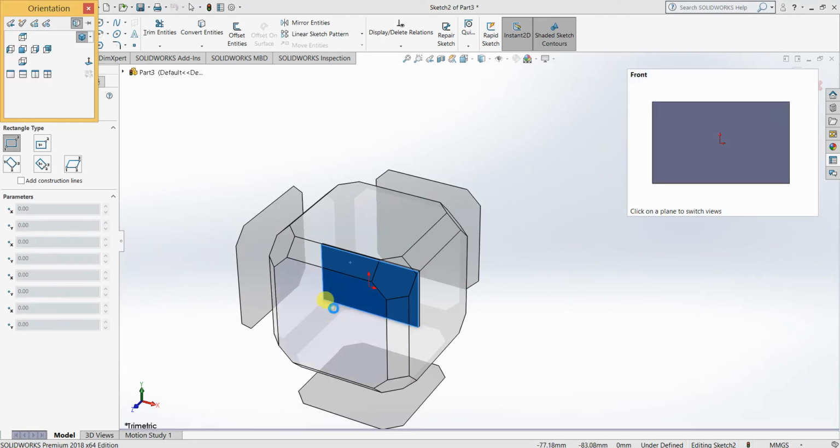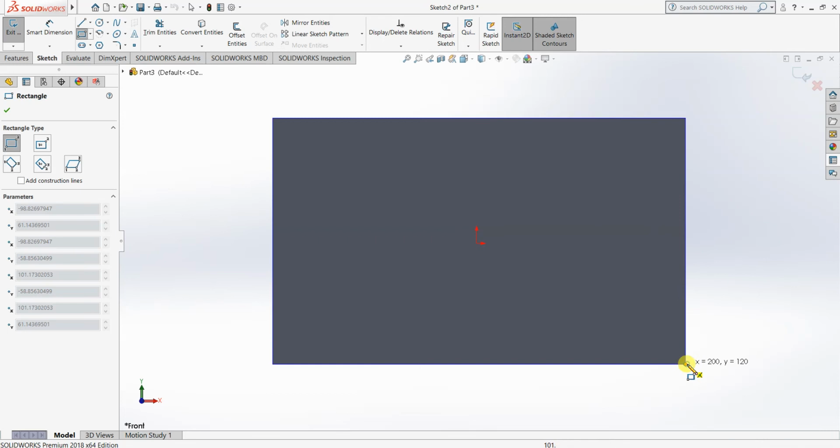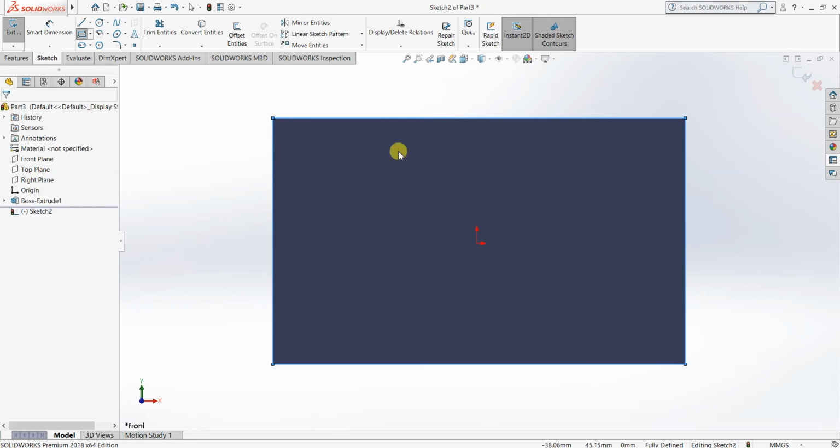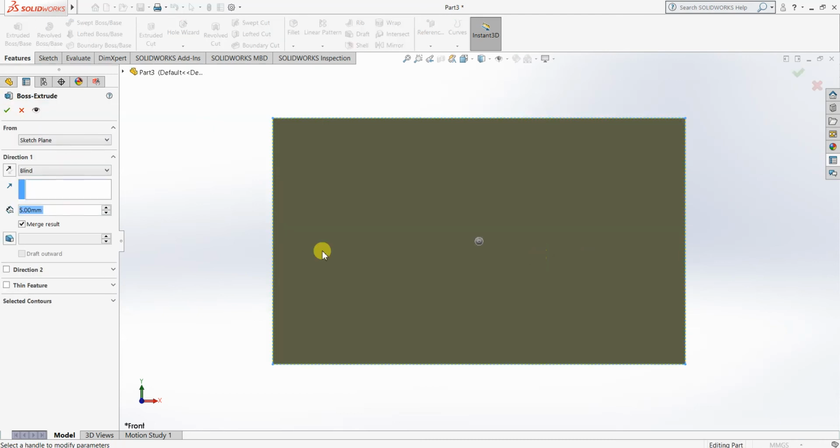You have to select this side so that the view will be set to the default position, so that we can draw an exact rectangle over the layer of the previous plate. Okay, exiting the sketch. By repeating this, we are going to make multiple plates, extrusion of multiple plates.